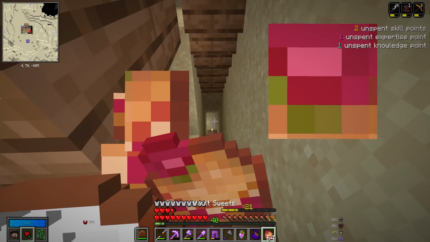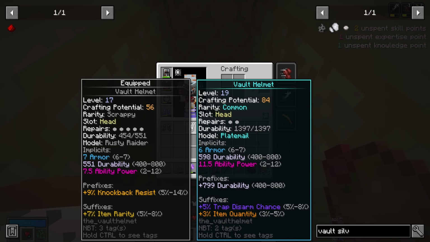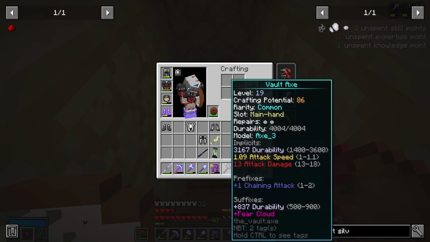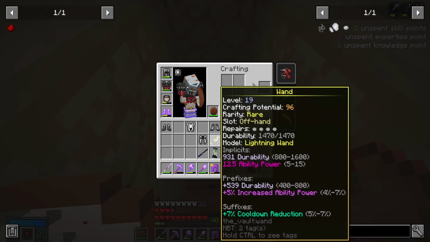So, let's see here. We got a vault helmet. This looks... honestly, I think I like my other one better. We got some vault leggings, which are soulbound. I do like soulbound now that we're level 20. That means if we die in the vault, we keep them. So that's nice. Meh. Wand stuff, like...